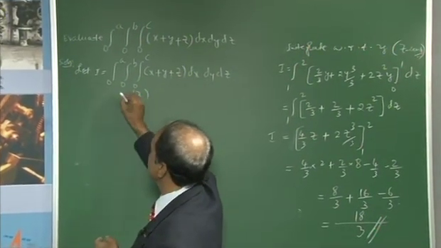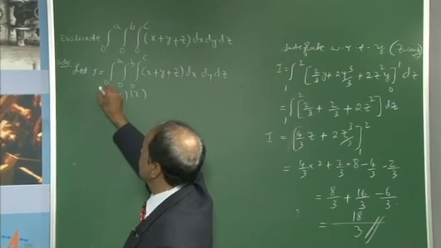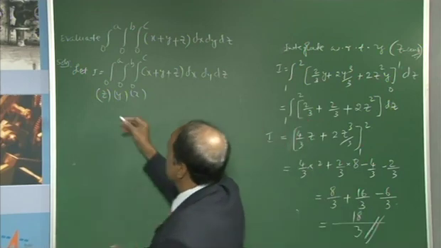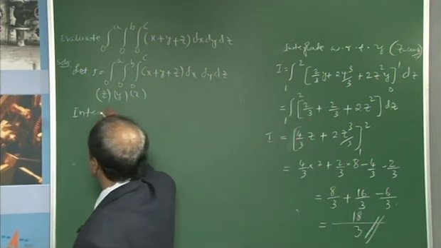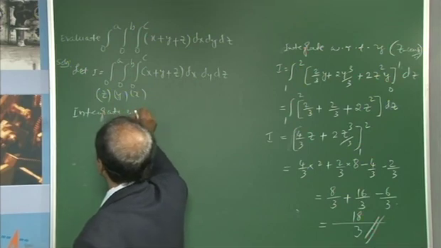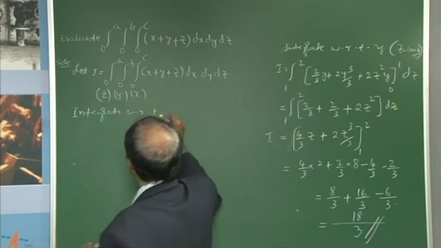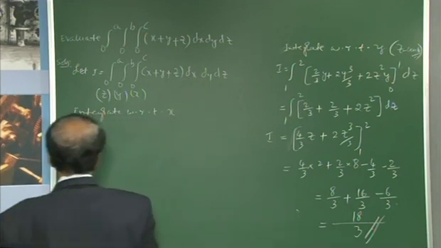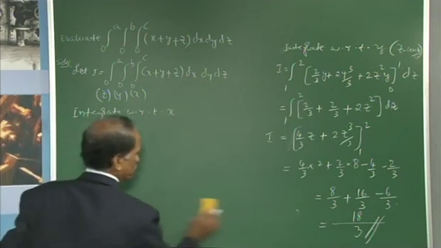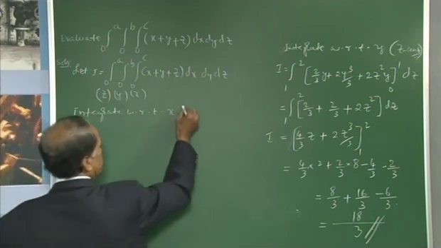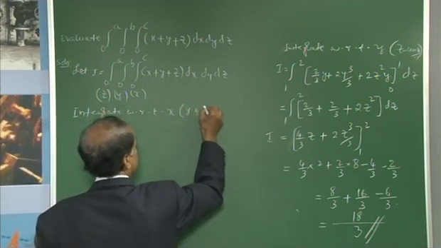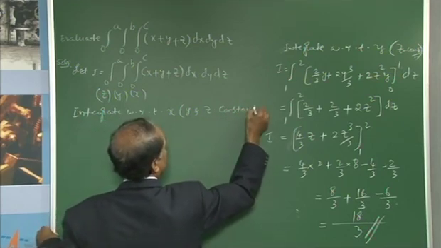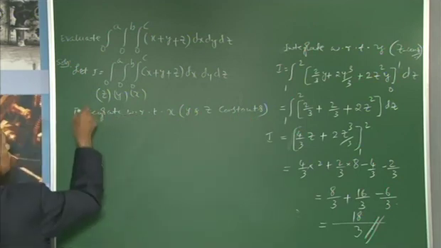This will be for x and this will be for y, and the outermost integral will be with respect to z. Then integrate. You will integrate with respect to x. First you will do the integration with respect to x. That means temporarily y and z you are keeping as constants. Then I equal to